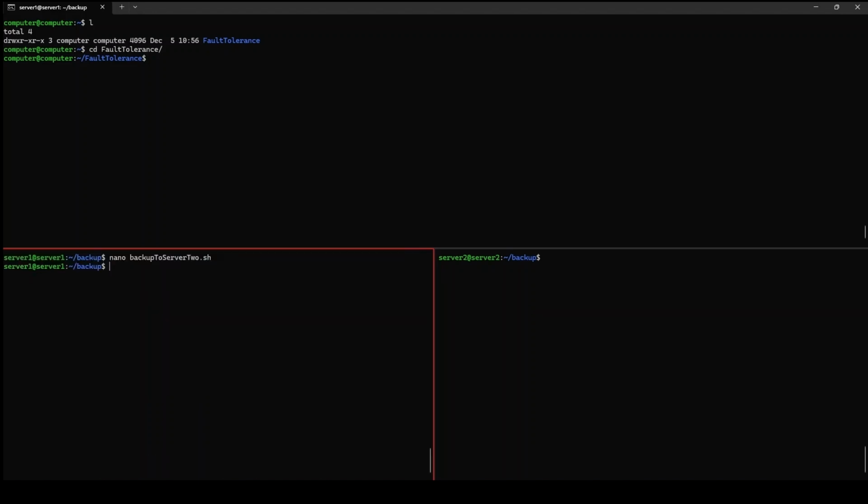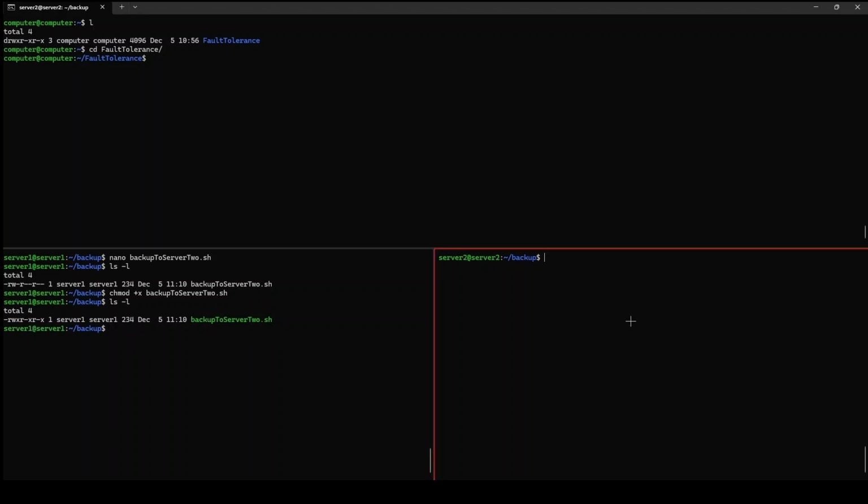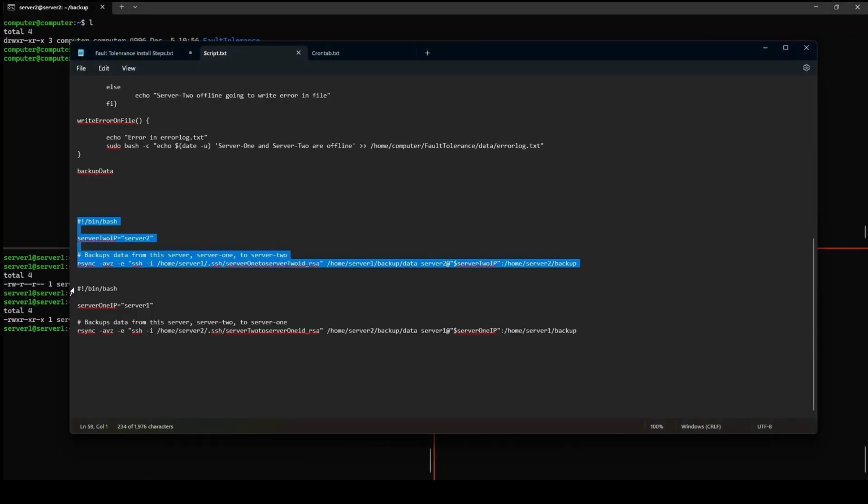Control X, enter, and as you can see, the file is created, but we cannot execute it. So we just need to change the mode, chmod, and add executable to backup to sh. So now if I do ls-l, it's green now because it's executable. The X has been added. We will do the same here. So this time it's going to be this